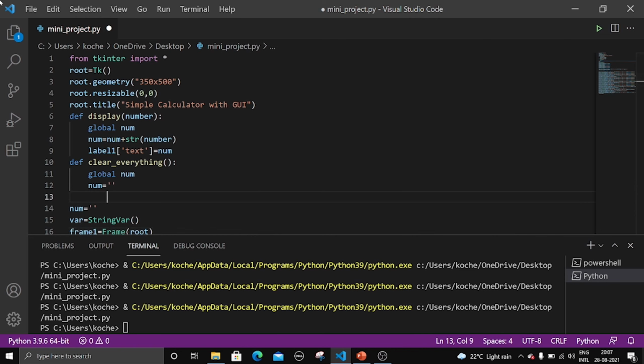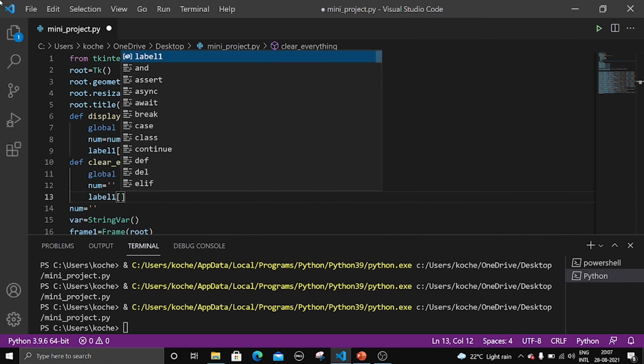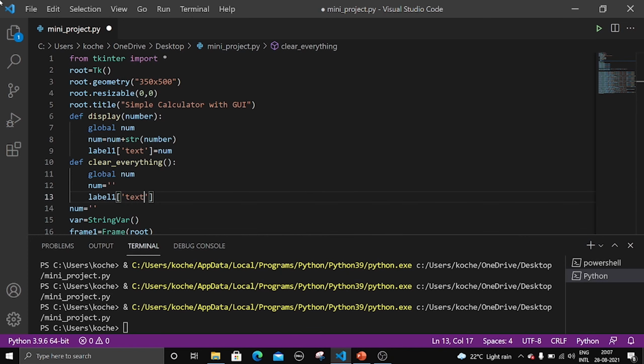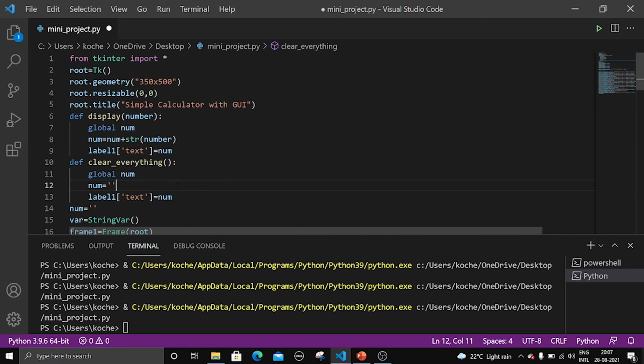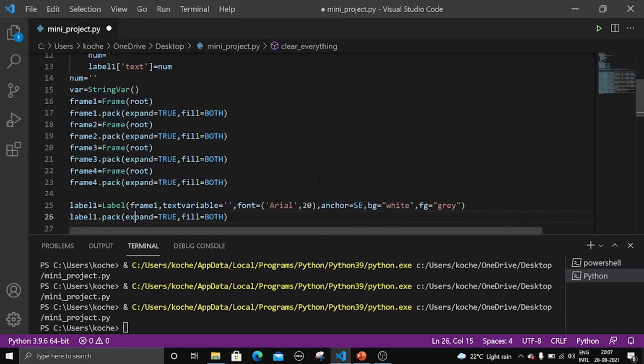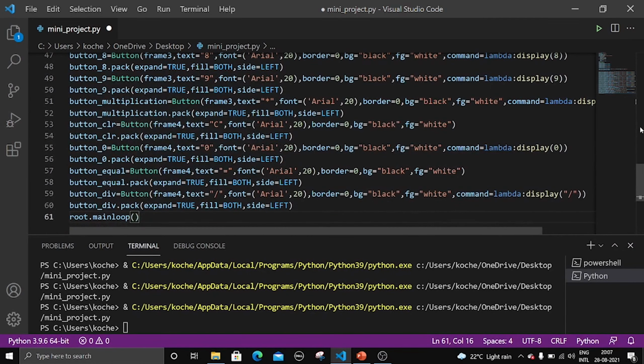Let us make empty string totally empty, and let us just change it, text equal to num, which is nothing but empty string. So once we press C, the totally empty string will be displayed. Empty string is nothing but totally empty.